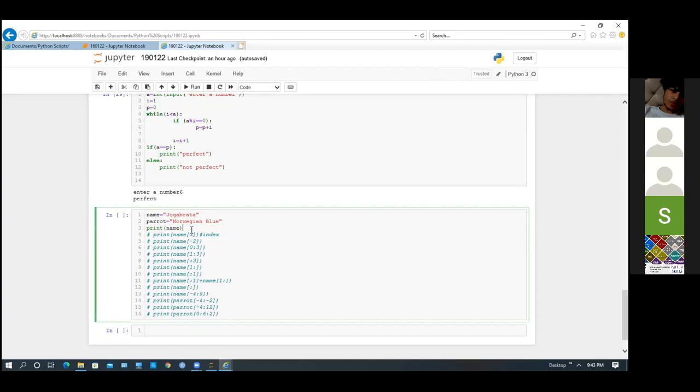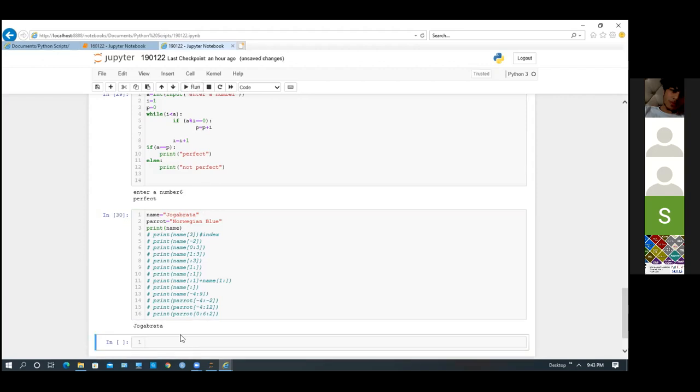First I am printing name. So what will it print? It will print my name. Okay, full. Now, let's write some other name. Suppose Gandhi. Suppose write some Bhagat. Just write it. Now if I am printing the name, it is printing Bhagat Singh, no issues.